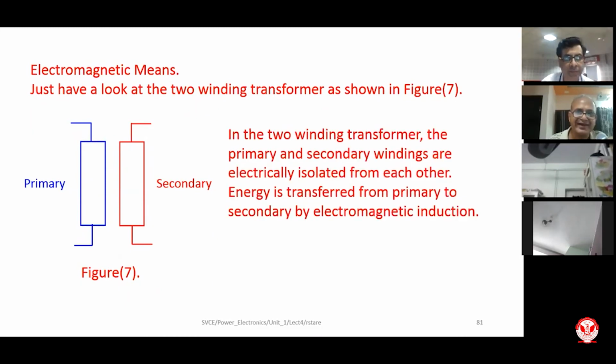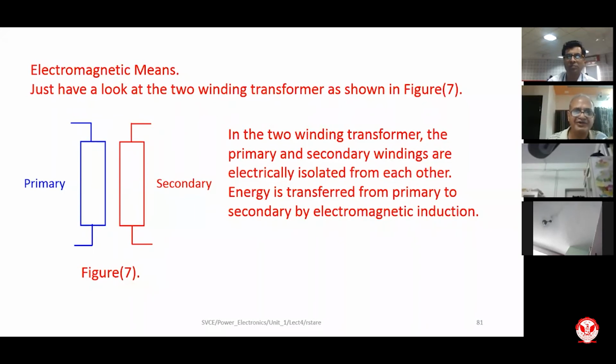There is no electrical connection between primary and secondary windings. They are isolated from each other. What does it mean? It means that my control signal, if I apply it in primary, is transferred with almost 100% efficiency to the secondary instantaneously, and there is no electrical connection between the two windings. They are isolated from each other. The transfer of energy, as we all know, takes place because of electromagnetic induction.